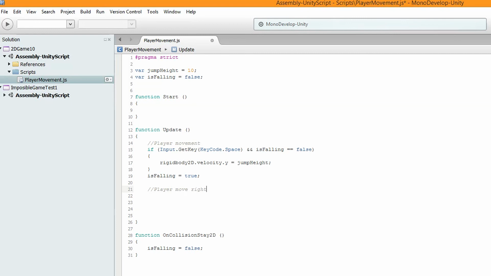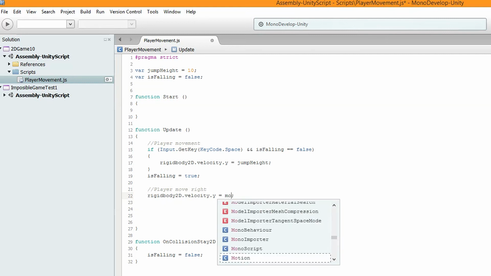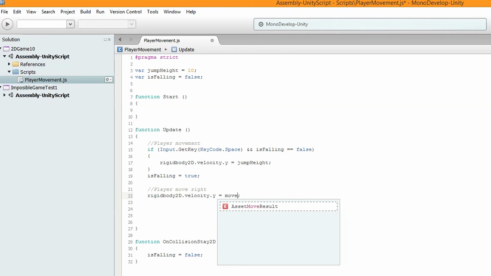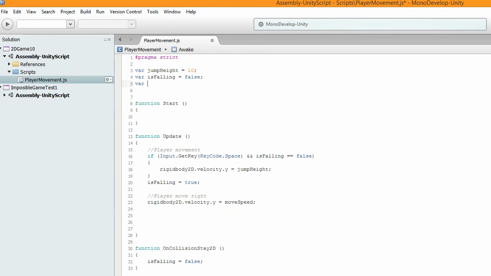And in here, we're just going to put one line of code, which is basically exactly the same as this, but changed, because we're going to set another variable called moveSpeed. So if we go up here, var moveSpeed, then we'll put that equal to 8, I guess. I don't know. We can change it later on if we need to. That's it.